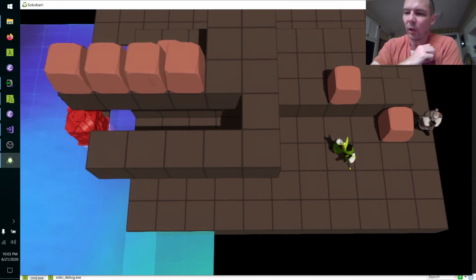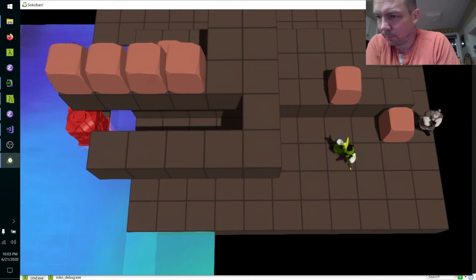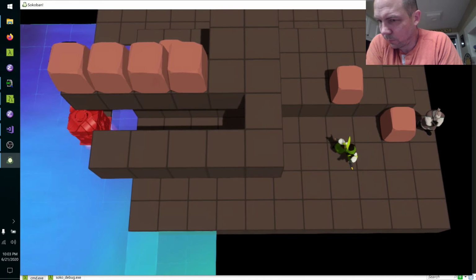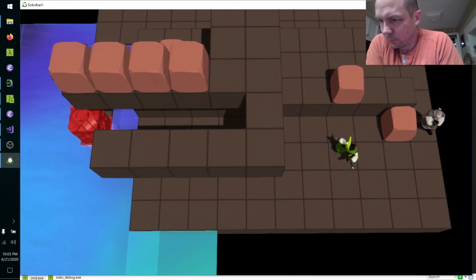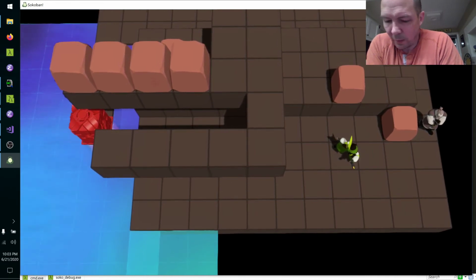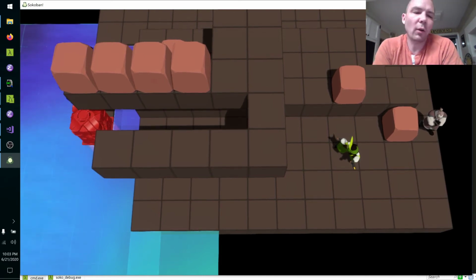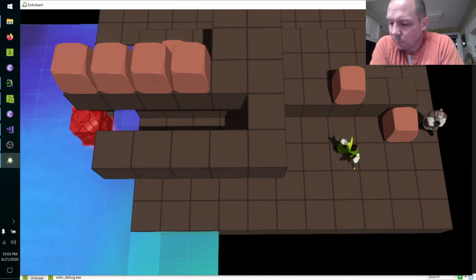Wouldn't it be better to climb on top of the block? No, the thief can't climb. Thief cannot climb. That is a predetermined rule that we do not affect. And so here's the thing. We're trying to balance